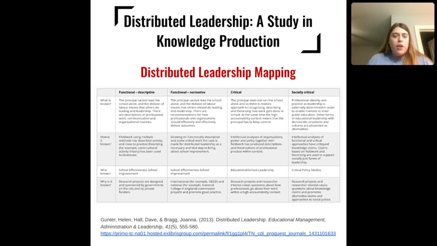And they talked about the what, the how, the who, the why, and what makes it important for each part of this distributed leadership mapping. So it talks about what the principals' role is, and how they connect to each area of focus, and then how the field work is, how is it known, how all this information of the leadership of knowledge production is known for everybody in the district, who knows it,